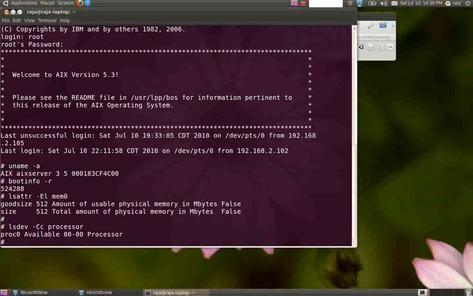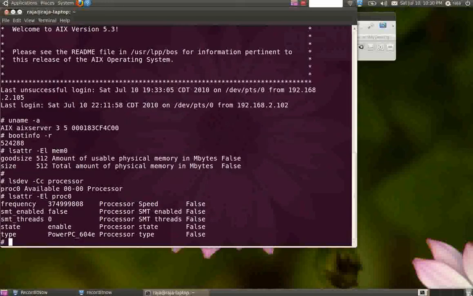lsdev -C processor. This command will list out all the CPUs in your system. So my system has only one processor, that is proc0, and I want to know the attributes or the information about the processor. Here you can see the frequency. It is showing in hertz, so you have to calculate it accordingly to find out the actual frequency or speed of the processor in megahertz, or nowadays we are getting gigahertz. So mine is around 300-something megahertz, and the processor I use is a PowerPC 604E,